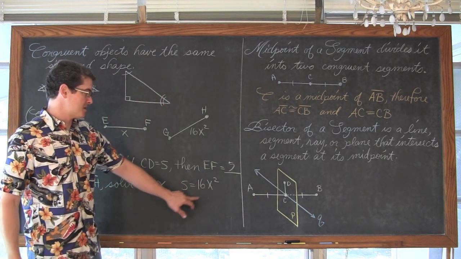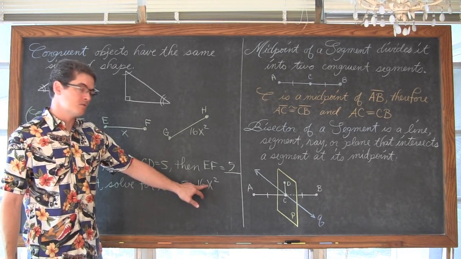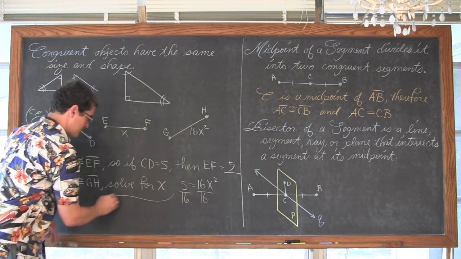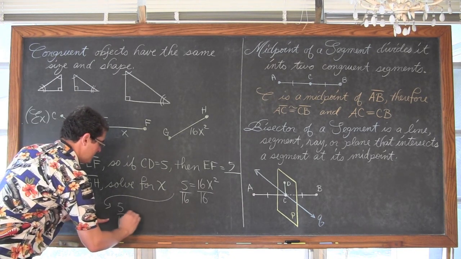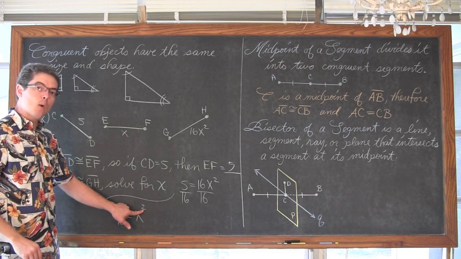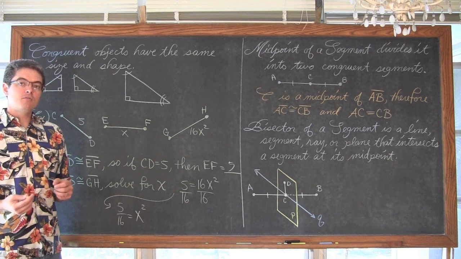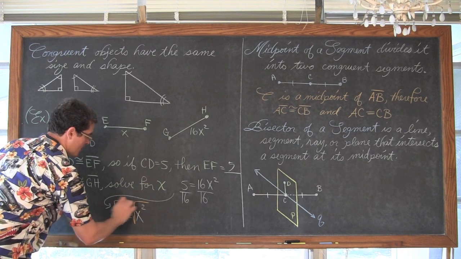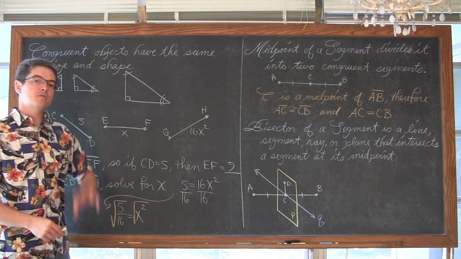We're going to move this 16 over to the other side by division because we want to undo that multiplication. So we're going to divide both sides by 16. I'm going to leave myself very good room here. And we have 5 over 16 equals X squared. Now we're going to get rid of that power of 2, that square, by square rooting. Square rooting is the inverse function of the power of 2, or squaring. So we're going to undo that power of 2 by square rooting both sides of the equation. When you square root a fraction, you can do the numerator and denominator separately.